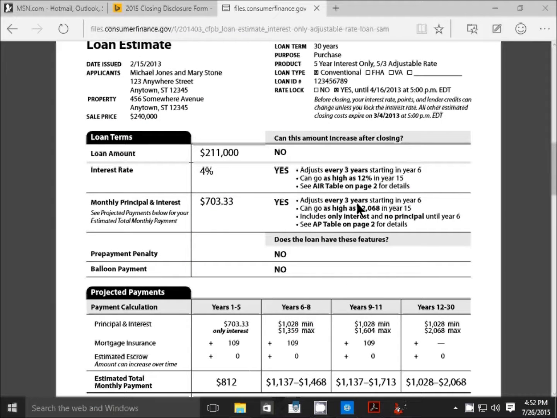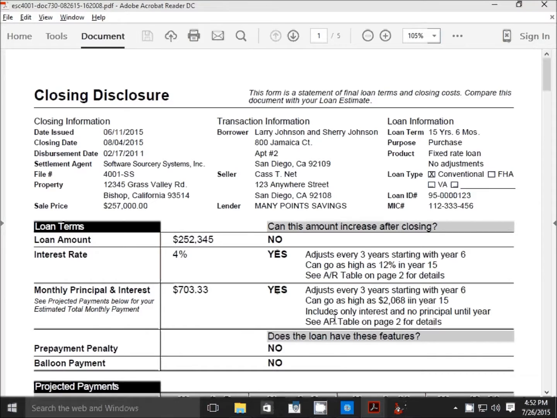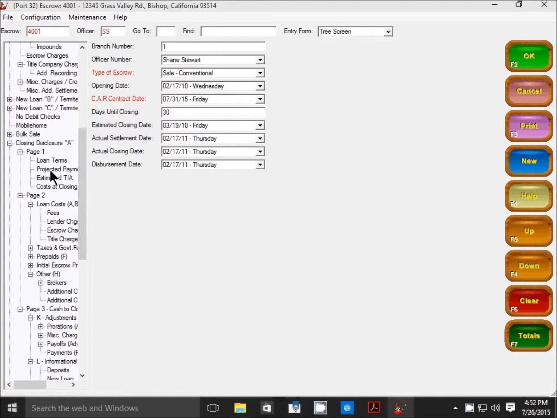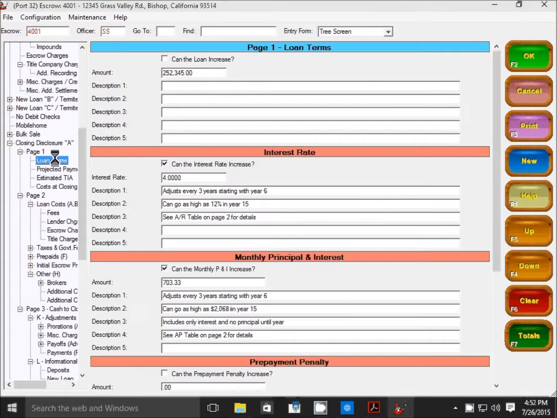Let's take a look at the loan estimate again so we can see how the bolding was originally done. And then, as a reminder, for our text there's no bolding in here. So now I'll come over to my Open Escrow. I'm going to scroll down to my closing disclosure A and my loan terms. And we had "every 3 years" as being bold. So I'll come in before the E, do backslash B, go to the end of "years," backslash C,